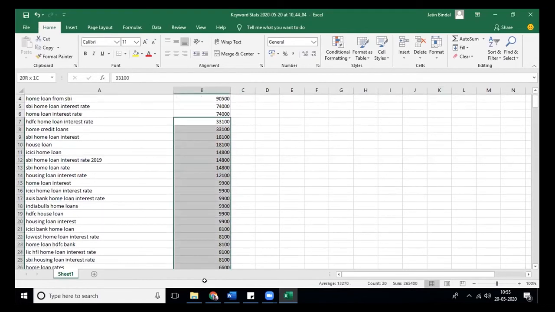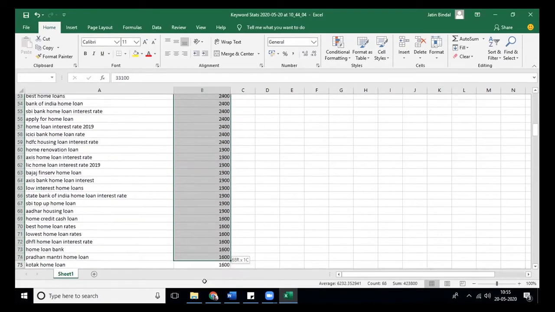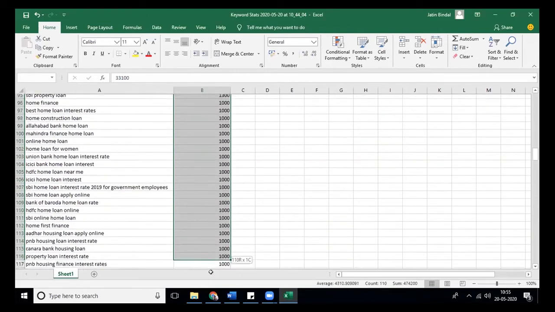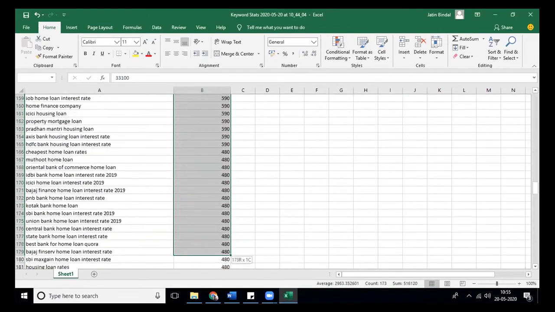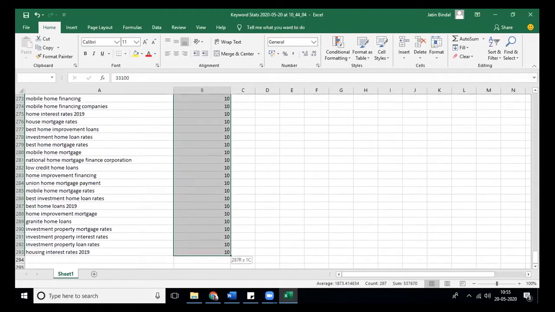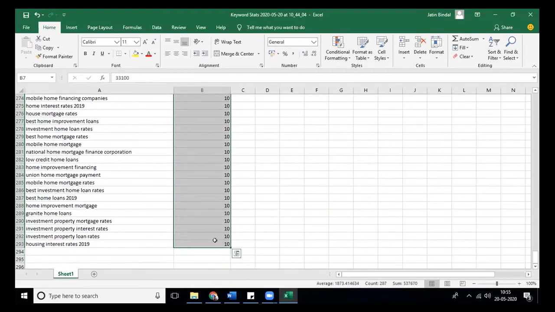It would be very unfair to the other keywords. So we should not take things into account like this. We will take the average as 873 instead of 3300.